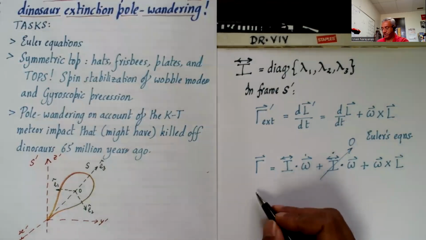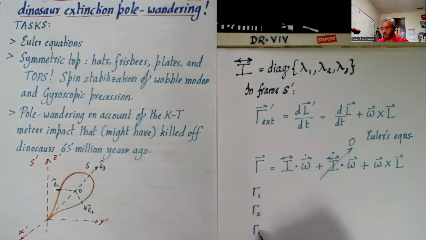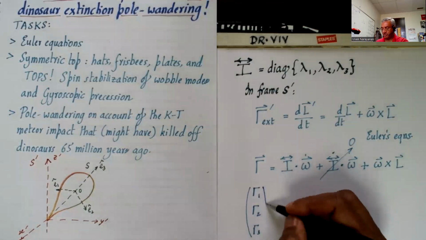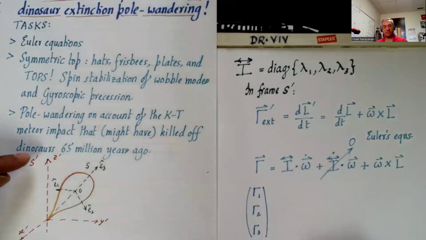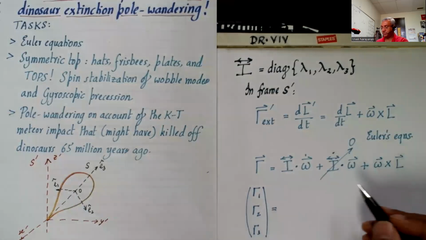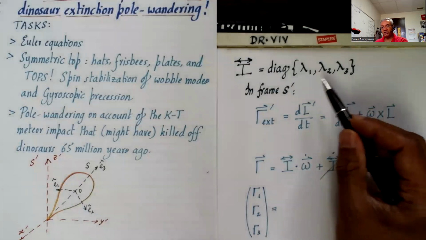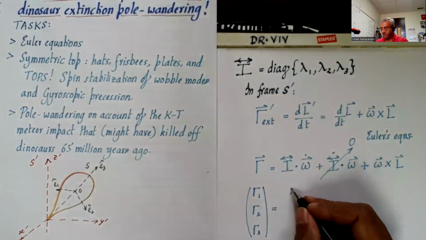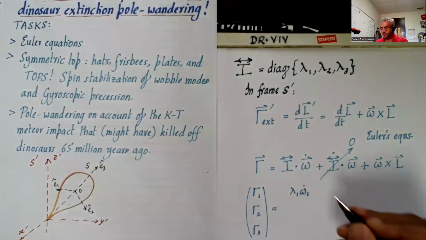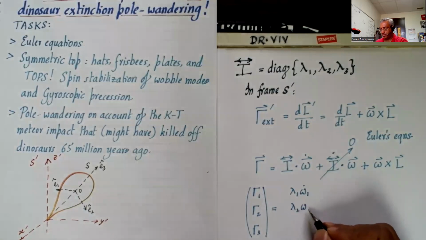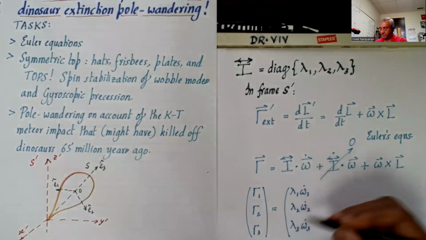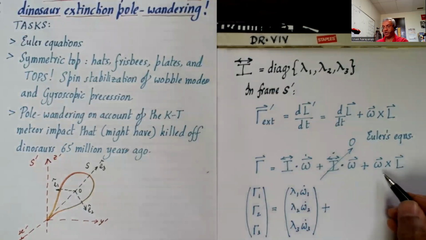Let's write it in the form of matrices. So I'll write this as gamma 1, gamma 2, gamma 3, where gamma 1, gamma 2, and gamma 3 are the components of the torque in the frame S prime along the x, y, and z axes. And that is equal to I dot omega, but because I is a diagonal basis, we just have three terms: lambda 1 omega 1 dot, lambda 2 omega 2 dot, lambda 3 omega 3 dot, plus the cross product, which can be written as the